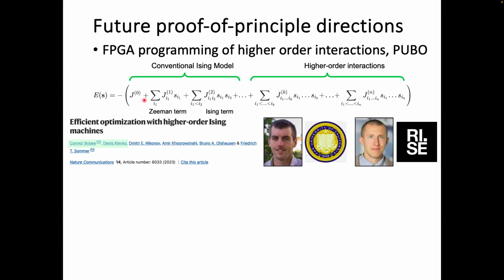The chairman of the session showed this morning that QUBO is a limitation. If you can do polynomial couplings instead, higher order interactions are very, very interesting. And we think that's just something you have to do in the FPGA. Well, we don't think so. It is something you just do with the FPGA. The system doesn't care what you do with the pulses otherwise. So that's something we really want to do.